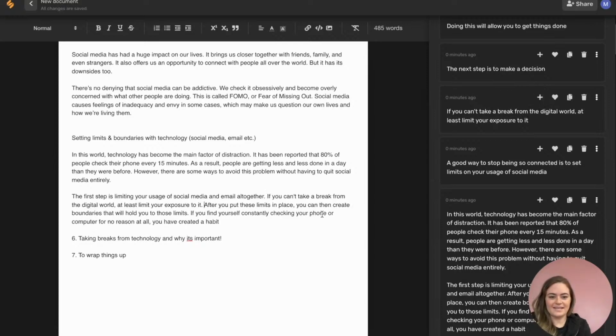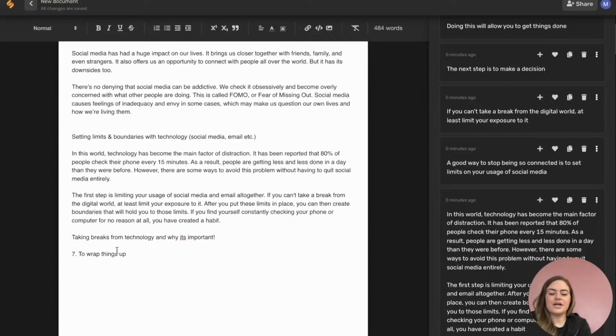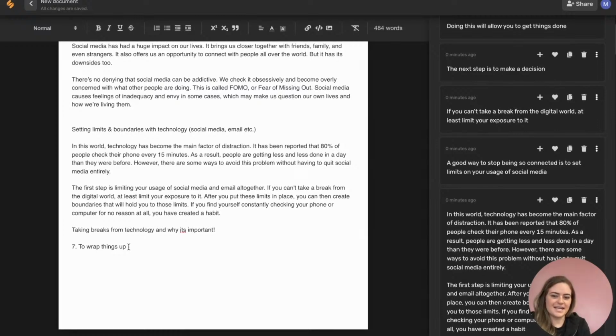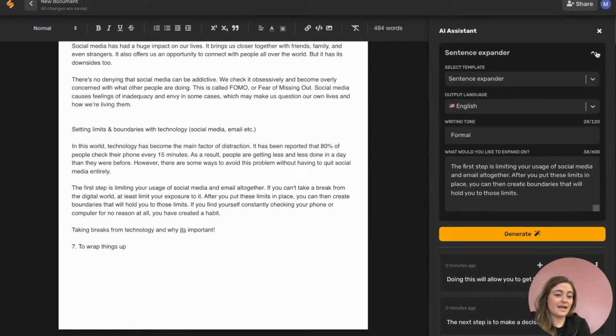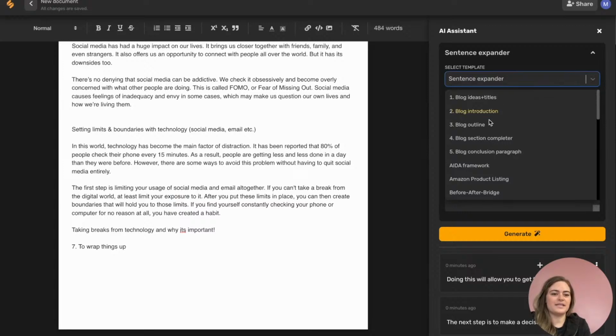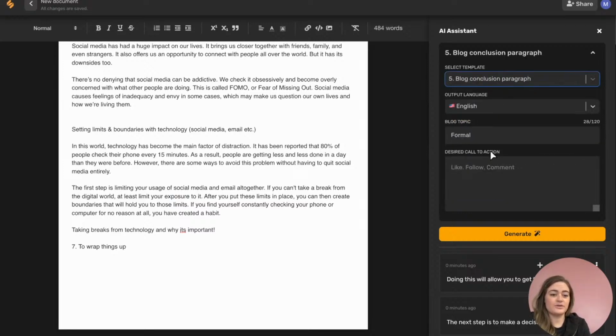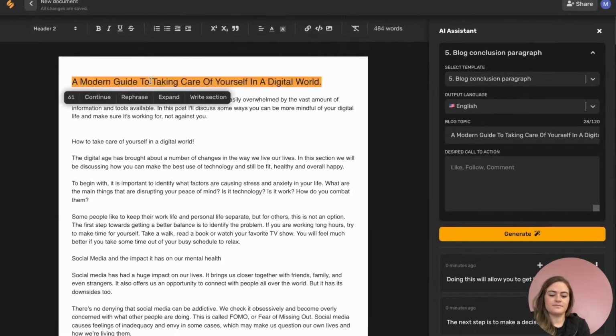So we'll add that in. And then down here at the bottom, you can see that our blog outline is telling us to wrap things up. So let's go back up to our AI assistant and choose an output that's going to help us to wrap up our blog. So we'll click blog conclusion paragraph, and then we'll put in our blog topic and a